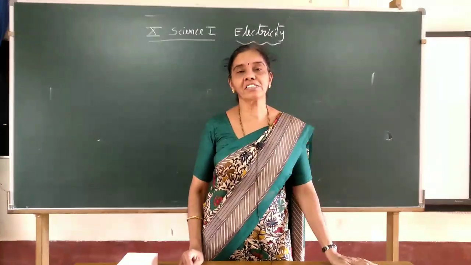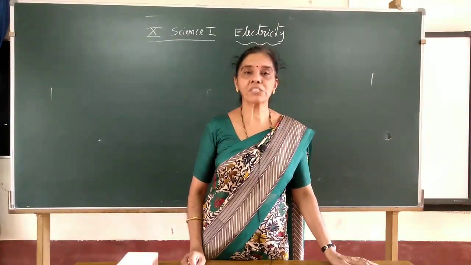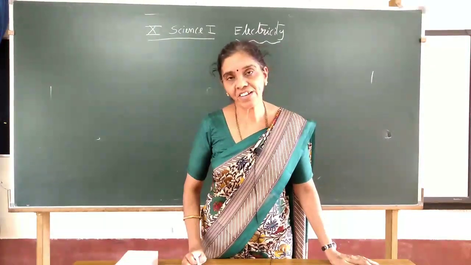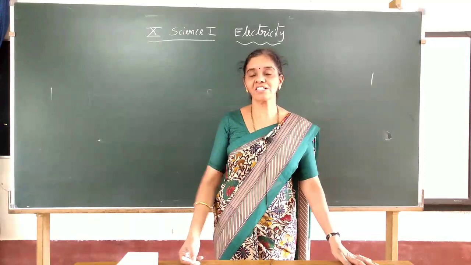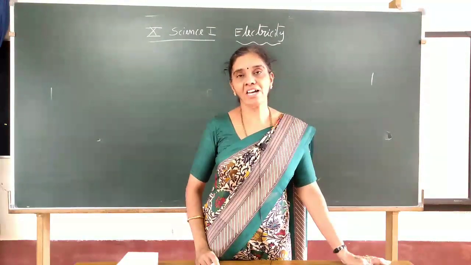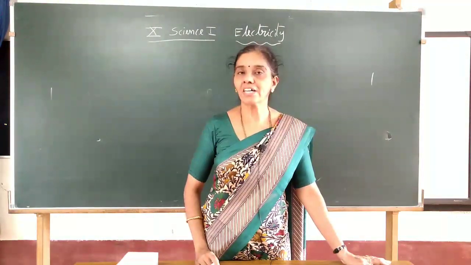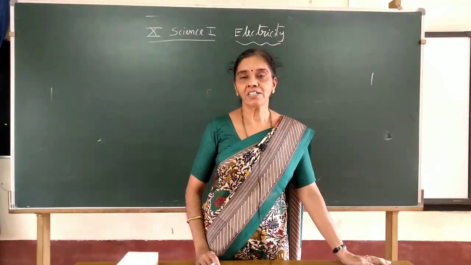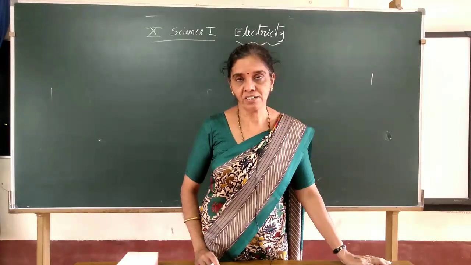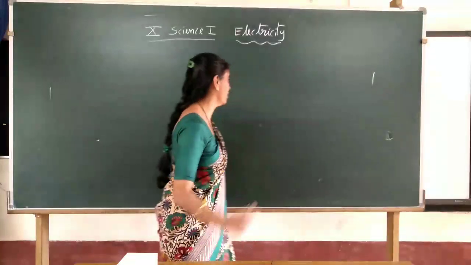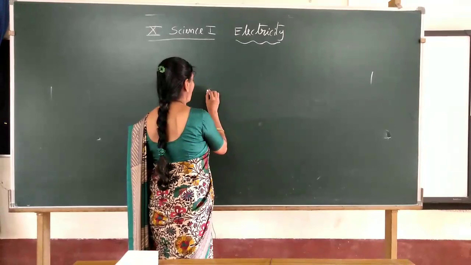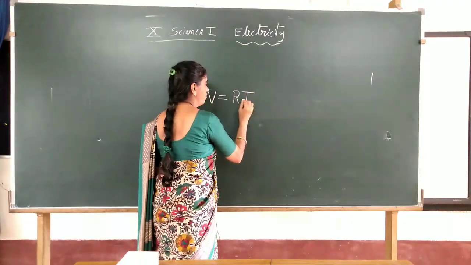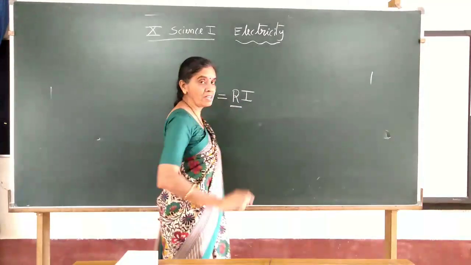Dear students, in the last class we studied Ohm's law. What does it say? The potential difference V across a conductor is directly proportional to the current flowing through it, provided its temperature remains constant. That expression is given in the mathematical form V = R × I, where R is called the resistance